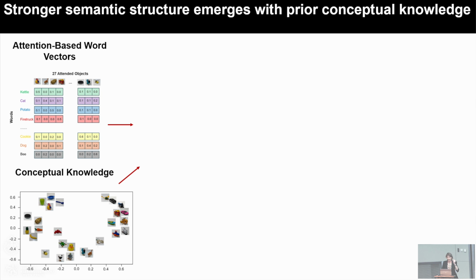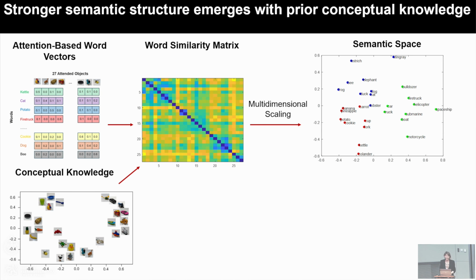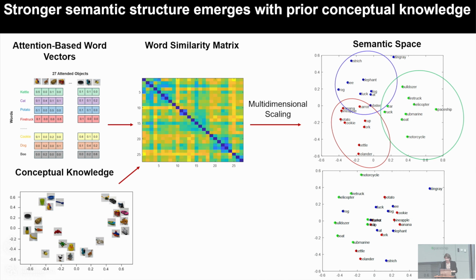And so when we were computing the similarity between our word vectors, we multiplied that by a value derived from our ConceptNet scores. So essentially what this does is if two items are more similar to one another based on ConceptNet, like cat and dog, it's going to pull these points closer together. We could then, again, generate the similarity matrix and then plot this in our semantic space. And here we see some strong semantic clusters emerge in comparison to the one that I showed you earlier. And so what this suggests is that the multimodal input alone is sufficient to get semantic learning off the ground, but this learning can further be accelerated as children are accumulating more knowledge of the world.